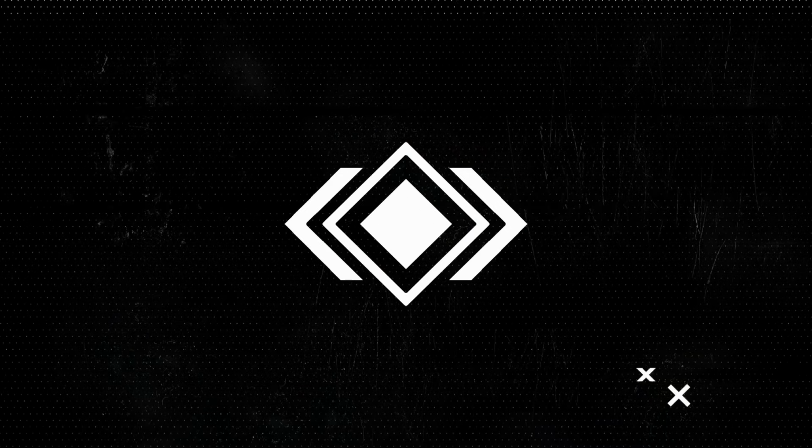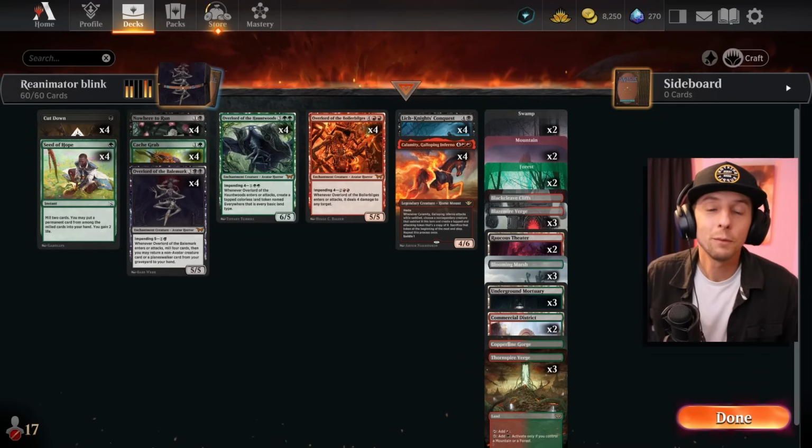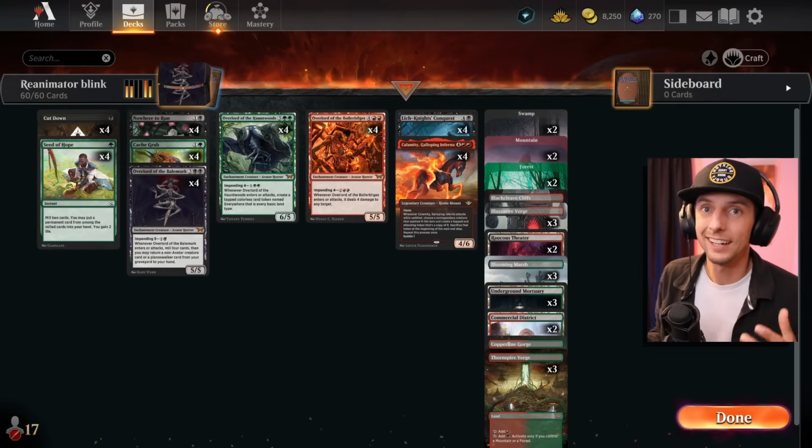I think we can all agree that the Overlord cards are some of the most powerful cards released out of Duskmourn. And if they weren't already powerful enough, wait till you see this. Today we've got Overlords, and we are going to be exploiting them to their fullest extent today with this really